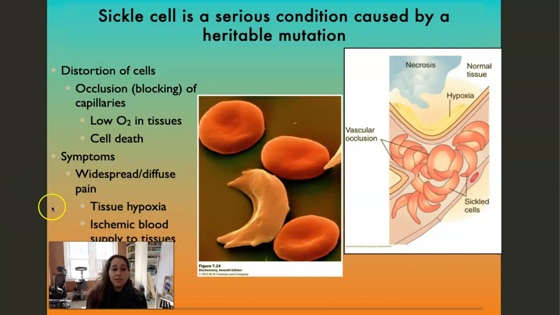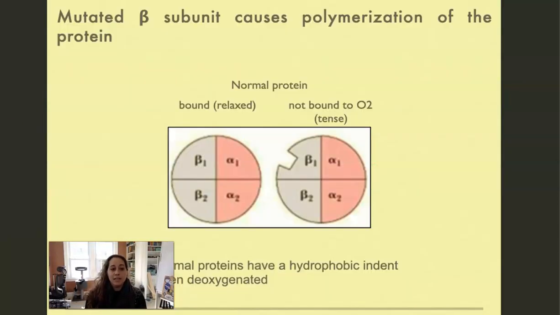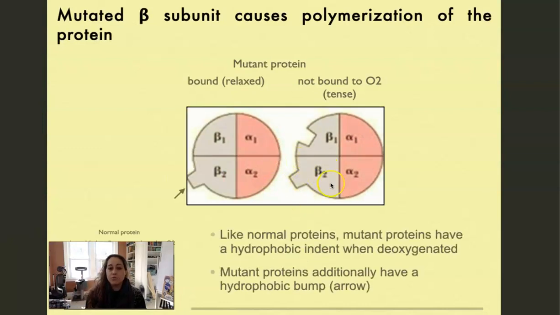This, again, is just this single change in a single nucleotide that codes for a new amino acid. So the original amino acid coded for was not hydrophobic. The new amino acid that's coded for is hydrophobic, and it causes this protrusion from the overall hemoglobin molecule,